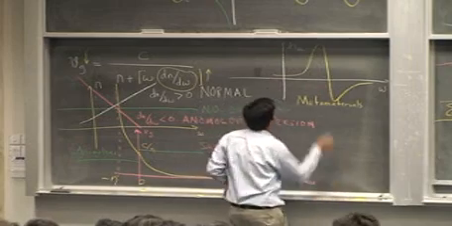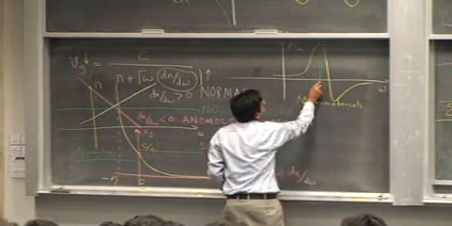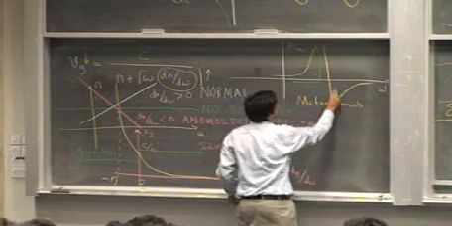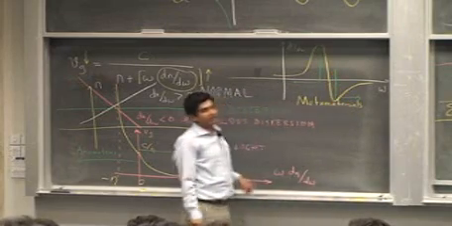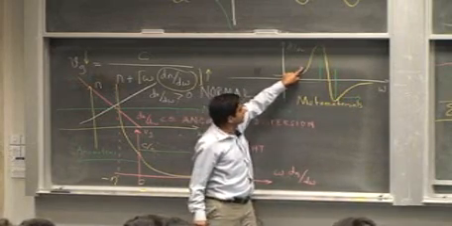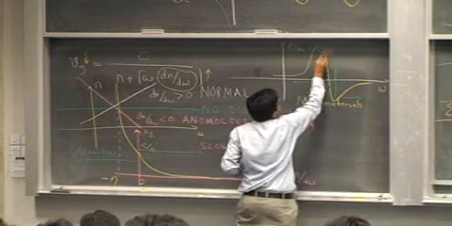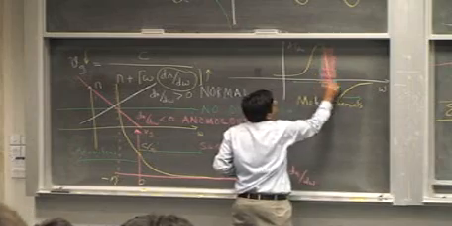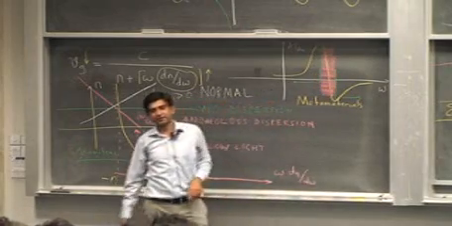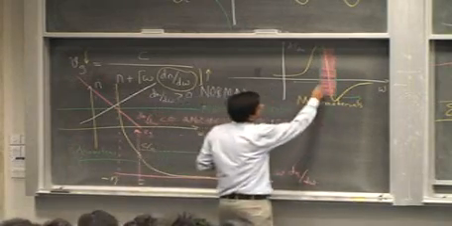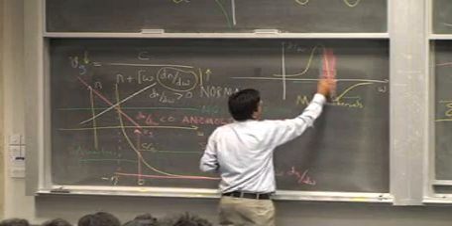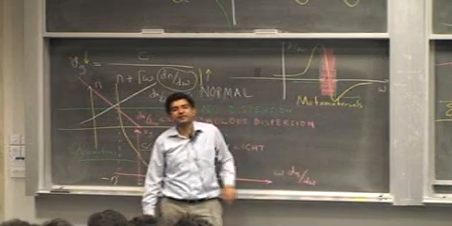So this is the region. This region is the normal dispersion region. This region is also the normal dispersion region because the slope is positive here and the slope is positive here. But this region is the anomalous dispersion region. So if you put light with the frequency in this range into such a medium, you can have anomalous dispersion